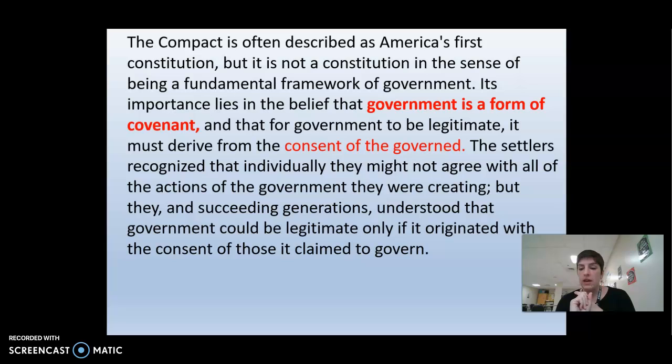What it did do is say, as a group of people, we are making agreements with each other to make sure that we take care of each other and we run this colony. That is what a covenant was. The agreement that the people will help each other and set up a colony and follow rules together. Okay, so that is the first thing that they did. Our United States Constitution, which is written much later, follows that, but then also puts in how the government is set up.